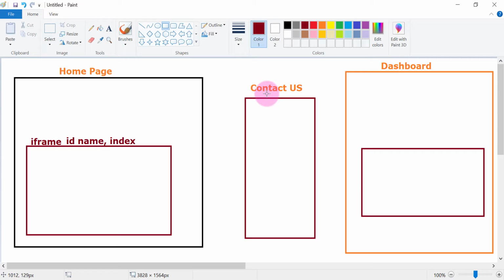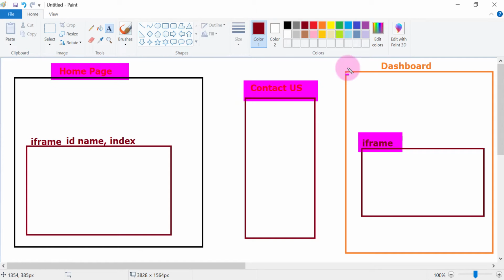Let's say you created a single web page, contact us. To show this same contact us information without the iframe concept on this home page, you need to create another separate web page. Then for the dashboard, another contact us page you need to create. Right? So this will be a repeated task. You need to create the same content again and again. So for that purpose, we define the iframe tag, and inside this iframe tag we embed this contact us page into the another web page. Okay, so you don't have to write the code again and again for this contact us information. It's going to be the same.